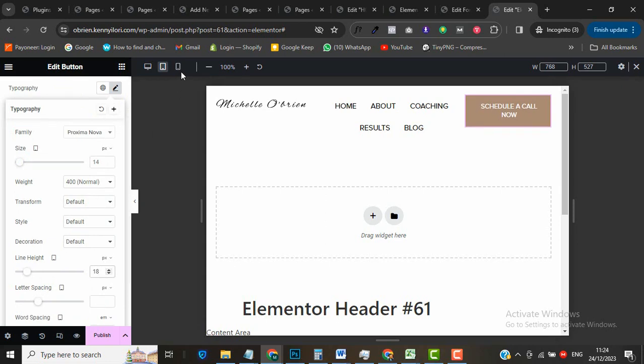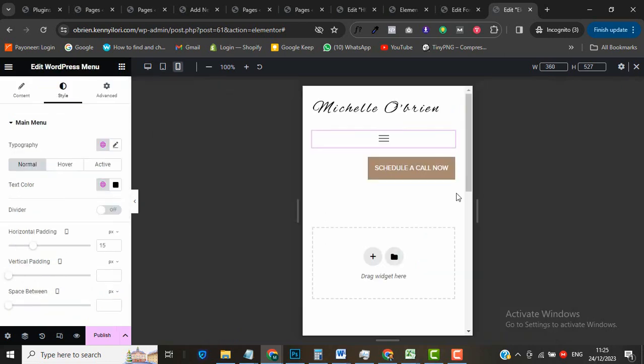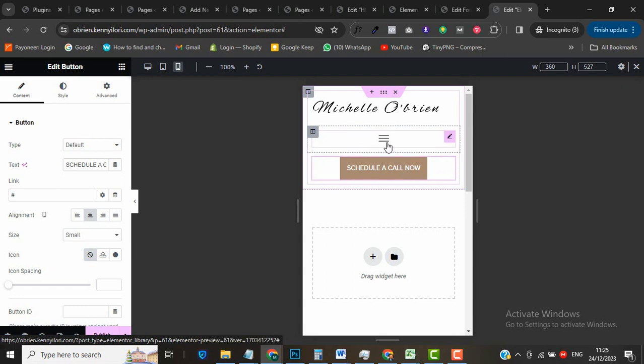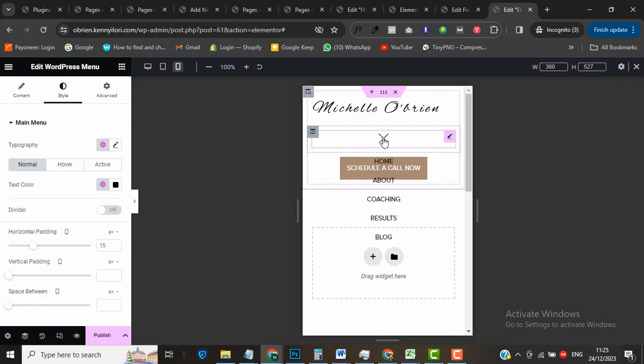Now let's go to the mobile mode. Now the mobile mode, let's center this button. Let's select the button content, set it to center. Now we want to hide this button on mobile mode, and this is the contact button. And if we click on this hamburger icon here, you see that there is no contact page in this drop